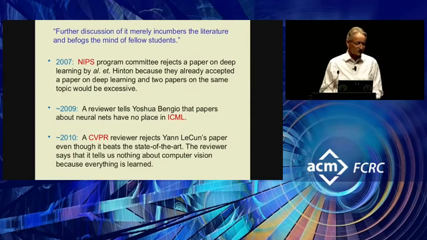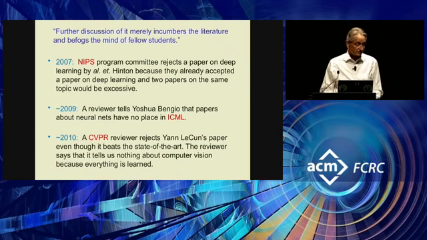We had our own little experience of that in the second neural net winter. So NIPS, of all conferences, declined to take a paper of mine. You don't forget those things. And like many other disappointed authors, I had a word with a friend on the program committee. And my friend on the program committee told me, well, you see, they couldn't accept this because they had two papers on deep learning, and they had to decide which one to accept. And they had actually accepted the other one. So they couldn't reasonably be expected to have two papers on the same thing in the same conference. I suggest you go to NIPS now and see whether... Yeah.